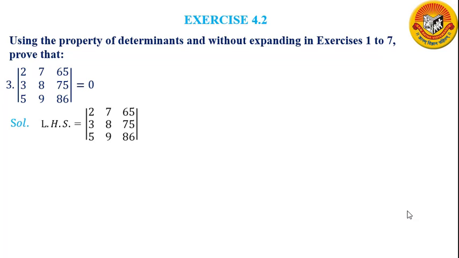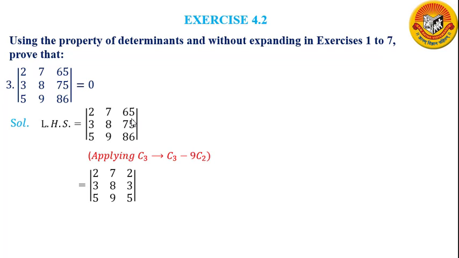Now again I have to prove that this is equal to 0. That means ultimately my property number 3 will apply, that is, any two rows or any two columns I will get identical. So let us apply on C3, C3 minus 9 times C1. Now, I use 9 times, it is not C1, it is C2. So on C3 I am applying C3 minus 9 times C2. I use 9 times because for 65, if you start the table of 7, you will find that 7 9s are 63. So that means you will subtract 9 times C2.